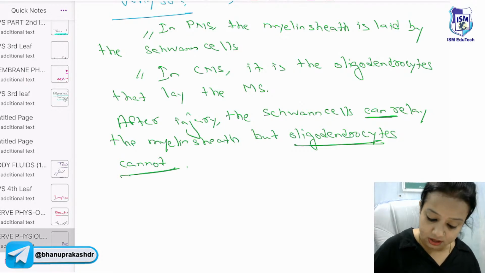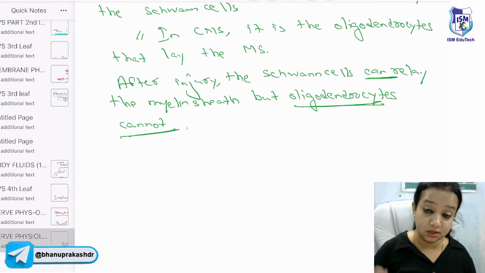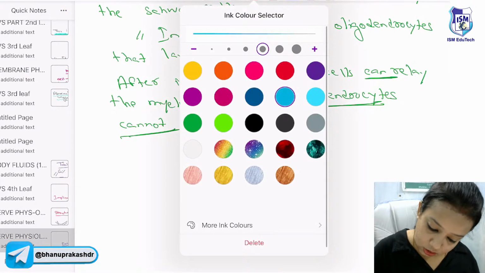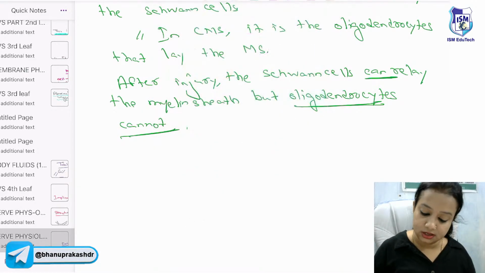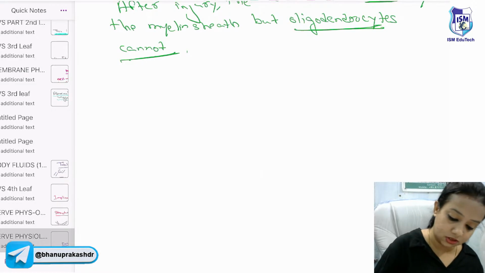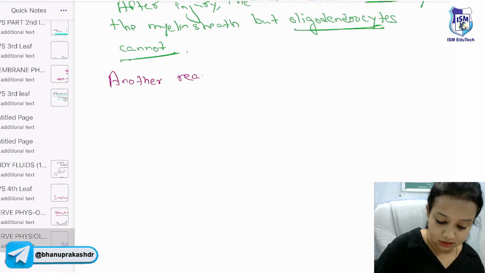Oligodendrocytes cannot relay the myelin sheath. This is one reason. Another reason, which is thought to be the reason for not being able to regenerate the nerve fiber in the central nervous system, is that